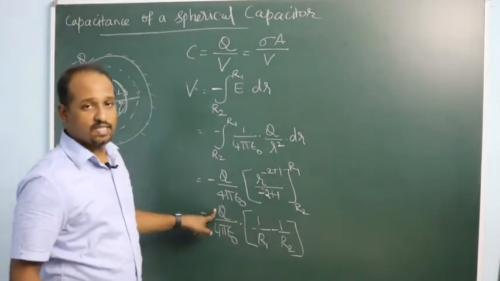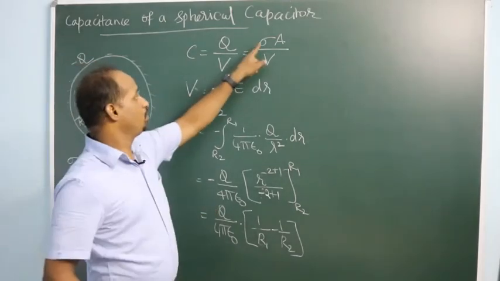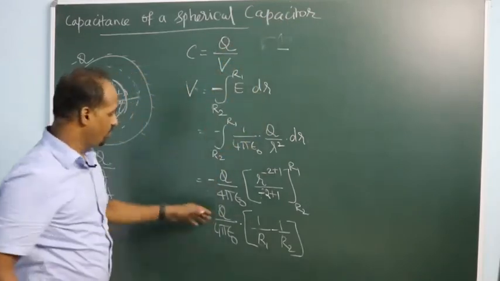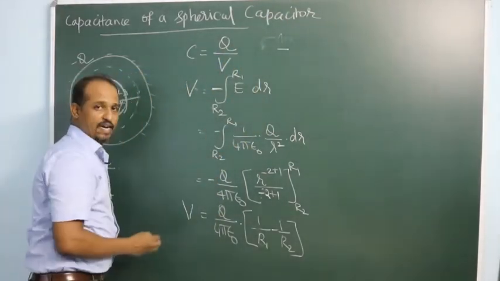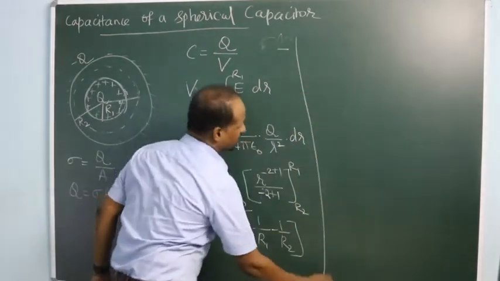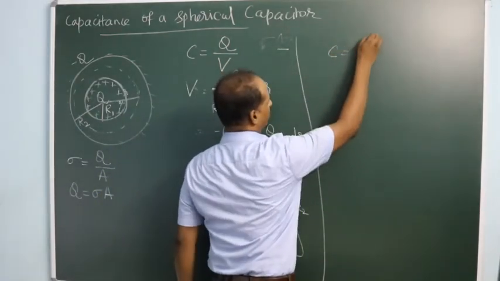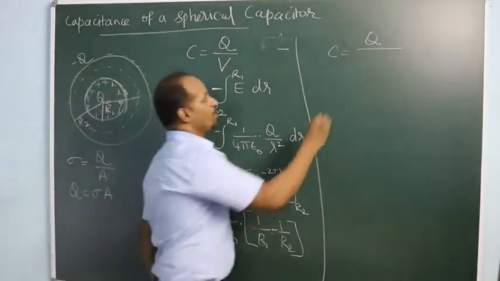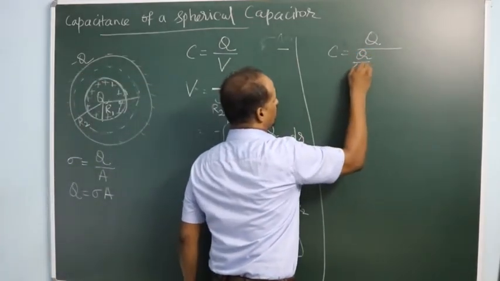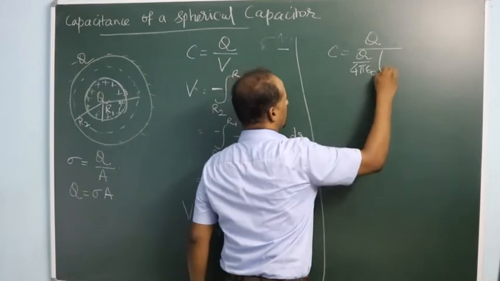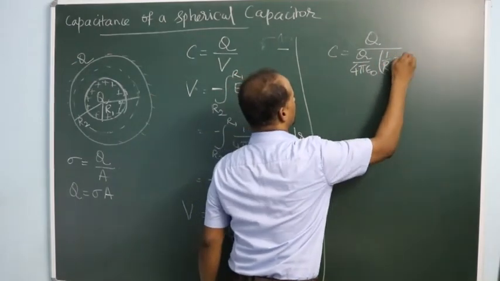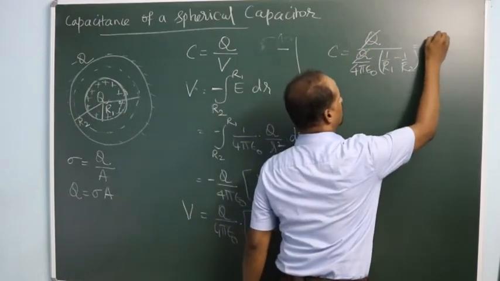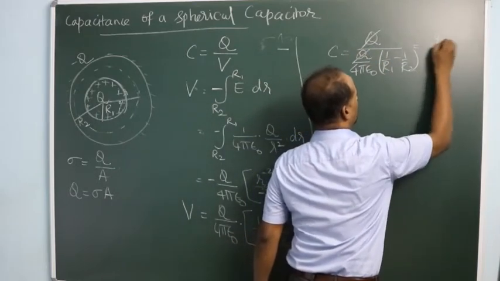Here also the charge is sigma into A. Whether you choose to write sigma A or you can simply take it as Q by V, we will deal with this. So it is V, right? Then the capacitance of a spherical capacitor C will be equal to charge by potential difference. The potential difference is Q by 4 pi epsilon naught into 1 by R1 minus 1 by R2. Q and Q will be cancelled, so it will be equal to 4 pi epsilon naught